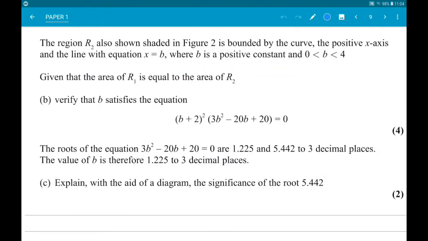Next. The region R2 is bounded by the curve, the positive x-axis and the line x equals b, where b is between 0 and 4. Given that the areas of R1 and R2 are equal, verify that b satisfies b add 2 squared times 3b squared minus 20b add 20 is equal to 0. Okay, so